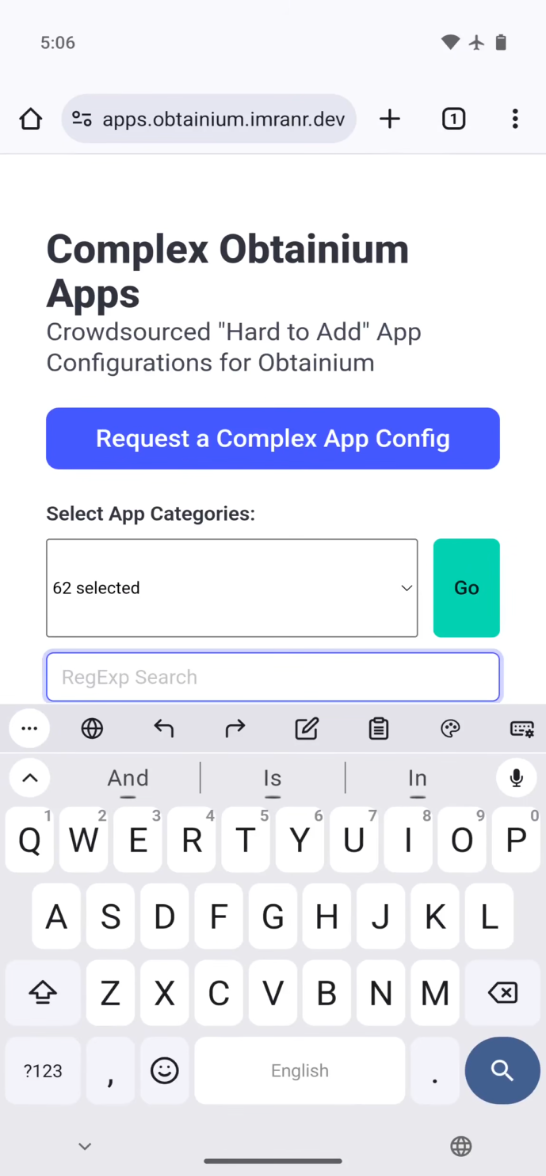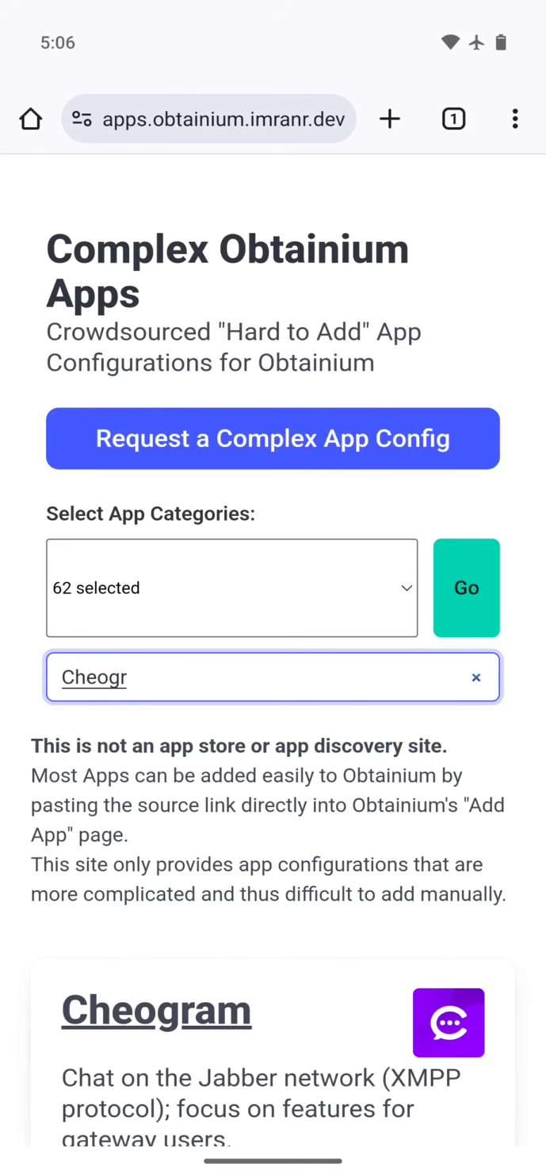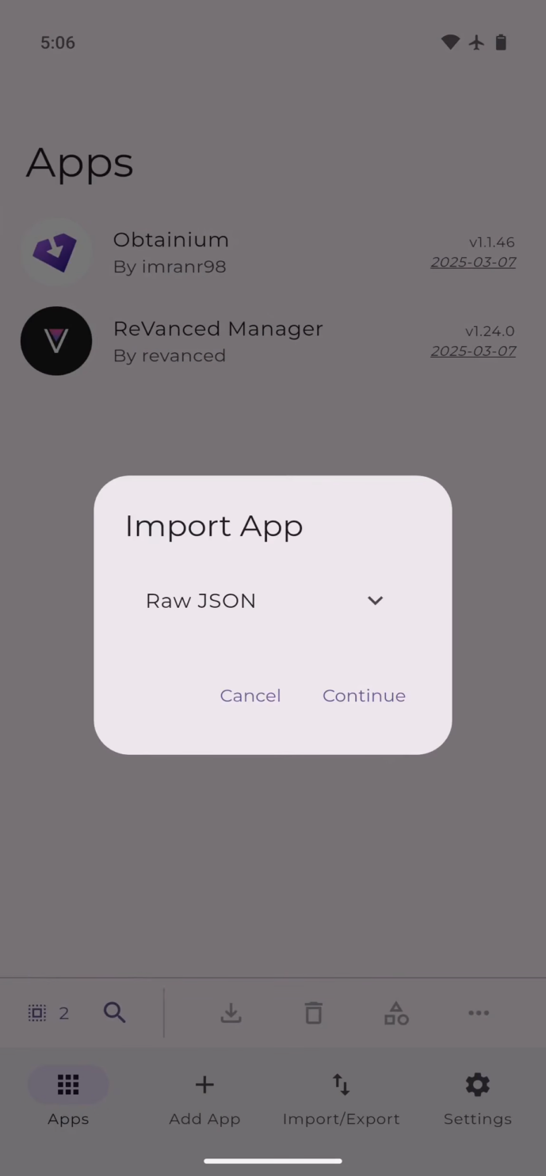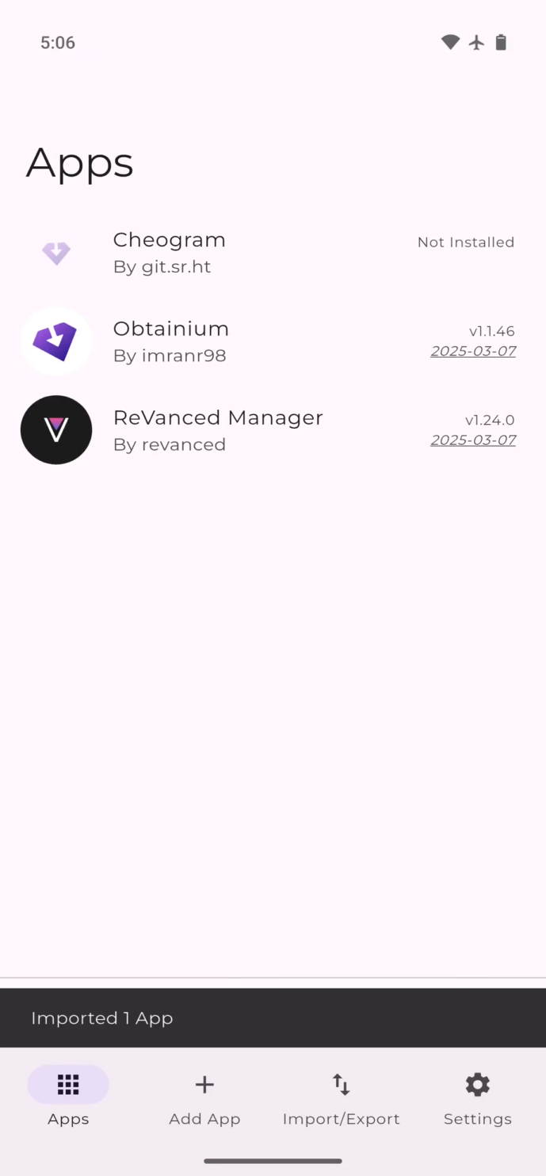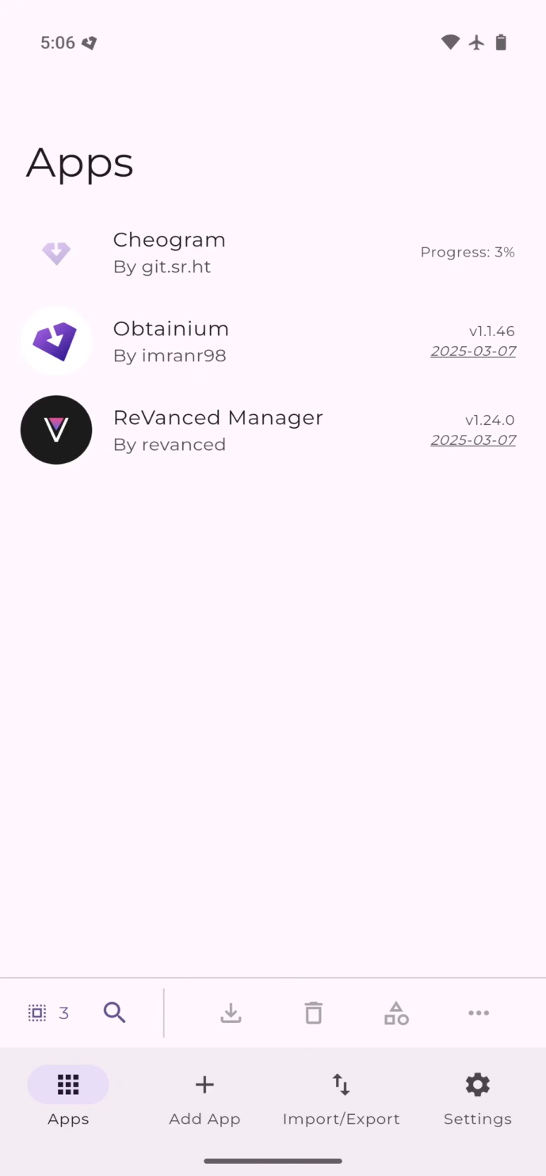Not an ad, I just really like them. I just search for it here, and I click Add to Obtainium. In Obtainium, I click Continue, and that's it. It's been added. From here, I can install it, just like any of the other apps,